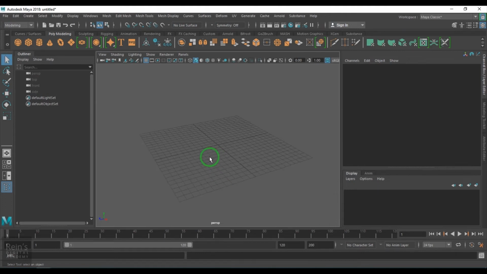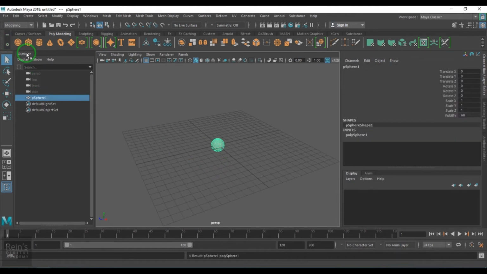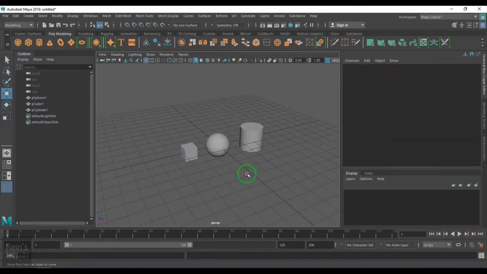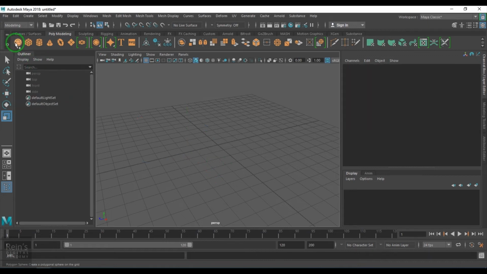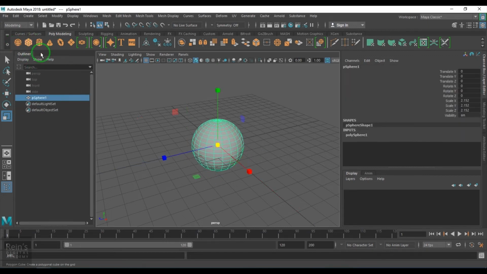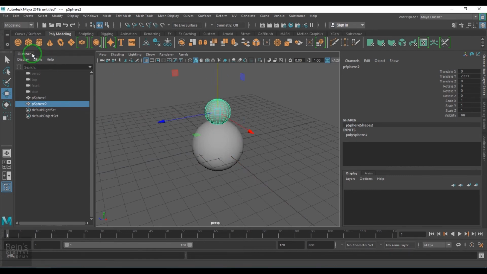So let's see the group here. I'm selecting the sphere, a cube, a cylinder, 3 different types of objects, and I'm going to select these 3 objects and scale them. Okay. Actually these are 3 different pieces of one character maybe, or maybe of one entity. Let's say if I create this and then create this and then create this.